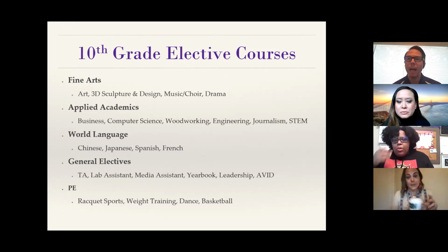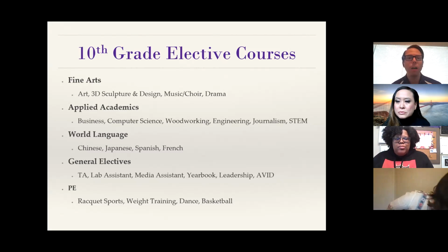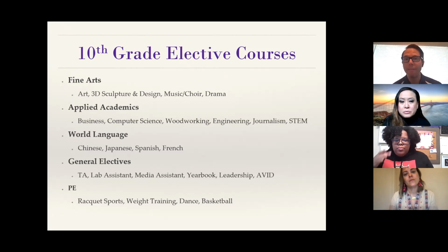If you'll remember from the slide, in order to be college eligible, you do need at least 1 year of a visual and performing arts class. And the majority of our fine arts classes at Monte Vista do satisfy that category. You'll notice on that slide, we have a course offering sheet. Ms. Ballantyne said in that process that it will get sent out to you. If for some reason you don't have it, email us, we'll give it to you. It's also available on the Monte Vista website. That's where you can find a complete list of course offerings, which does include all the electives. But we just want to let you all know about the fine arts because that is a requirement in order to be college eligible.